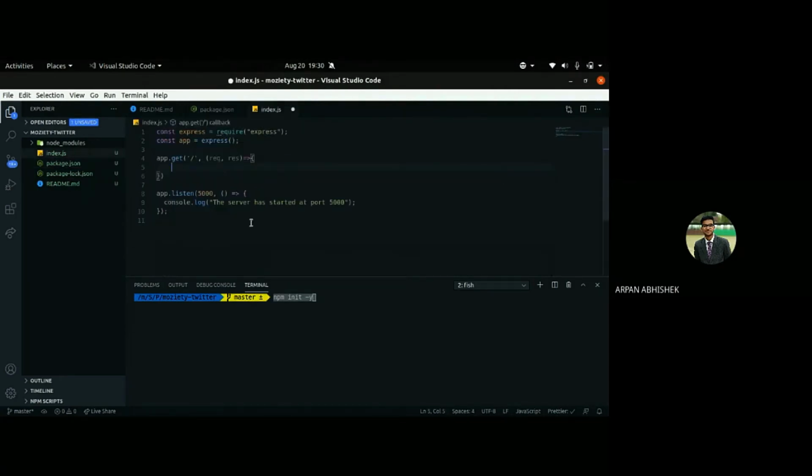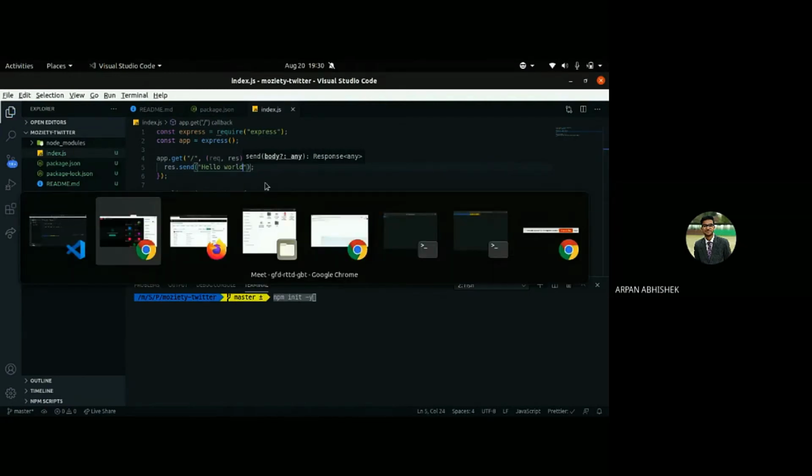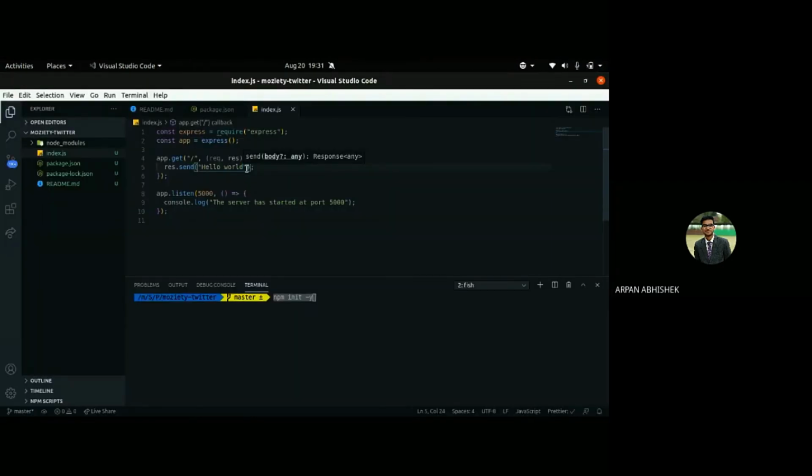So now we can res.send, and we can say hello world as always. Okay, so now we don't get that error, cannot get slash. We have a hello world, but obviously you don't want to send a string to your response. So what you can do is you can actually